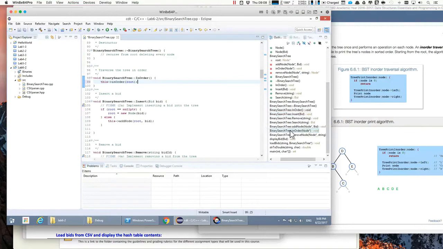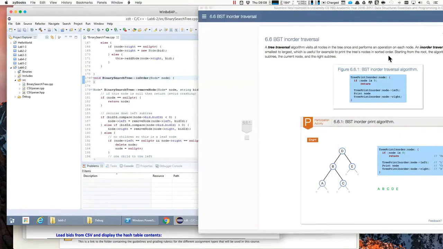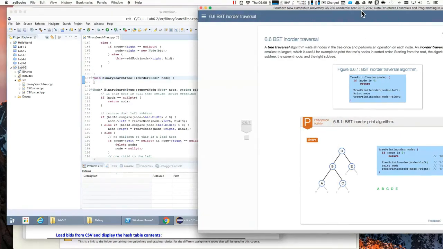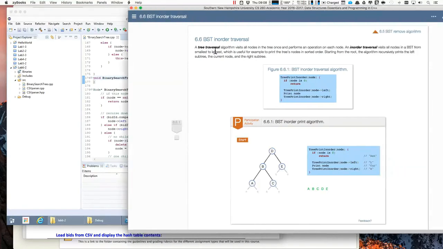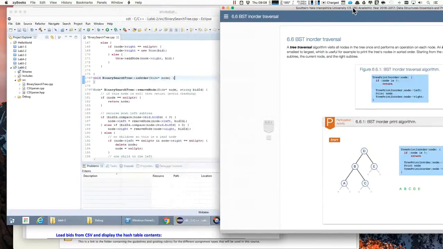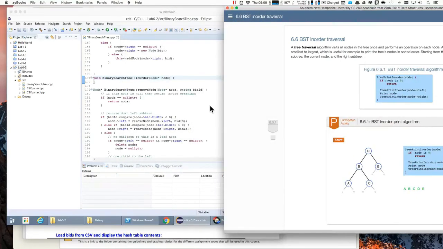That's not very interesting. And when we call the in order one, remember that the in order traversal is to visit all nodes left to right. So in order to implement that,